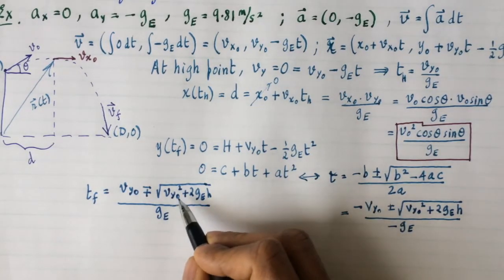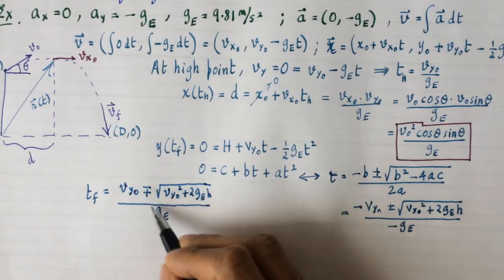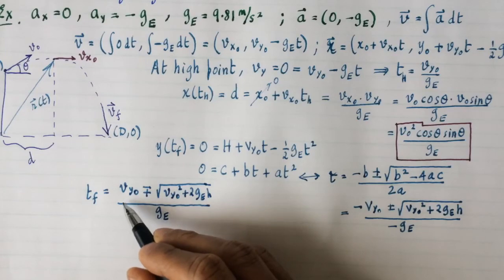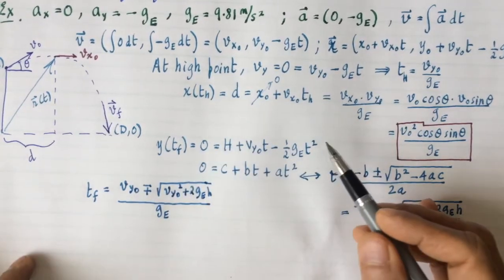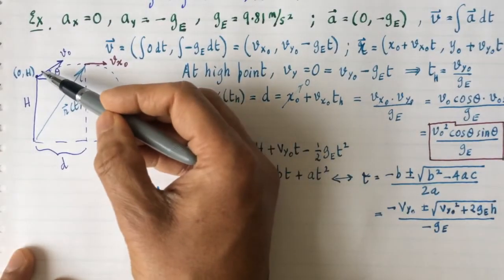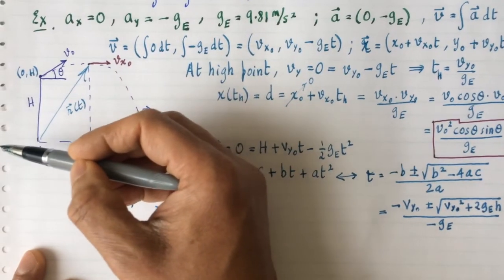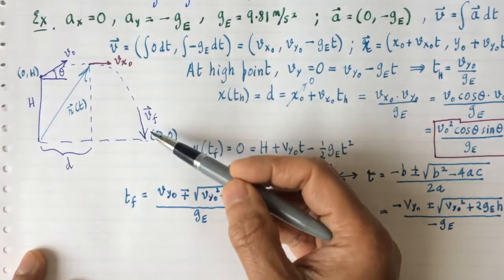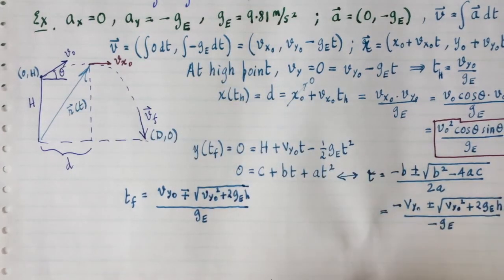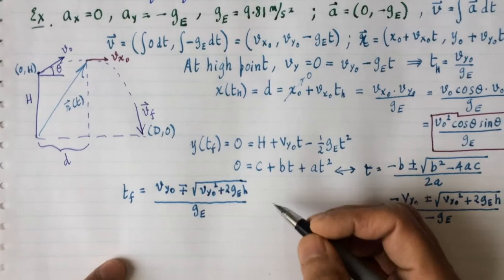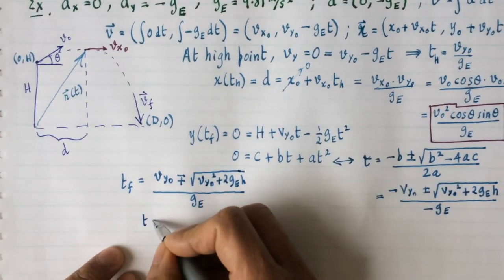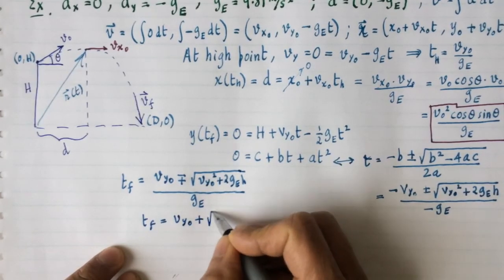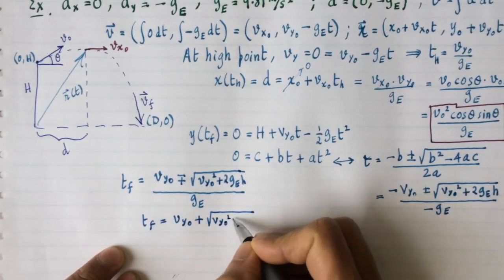Since vy naught squared plus 2gh is bigger than vy naught squared, the square root of that is bigger than vy naught, so if I kept the negative sign, that would be a negative time. The negative time actually corresponds to an imaginary world in which the particle started here at negative time, came here at time 0, and then came here at the final time. We're not interested in that mathematical curiosity, so I'll ignore that, and the solution I keep is tf equals vy naught plus the square root of vy naught squared plus 2gh